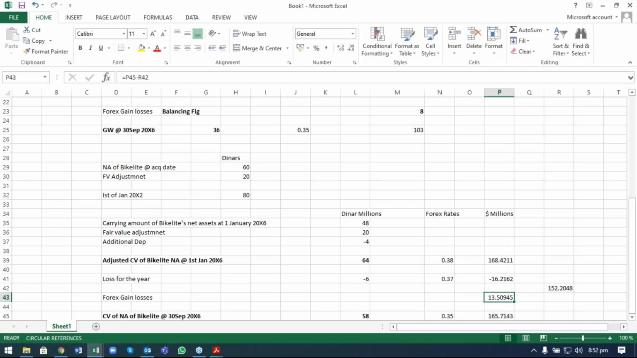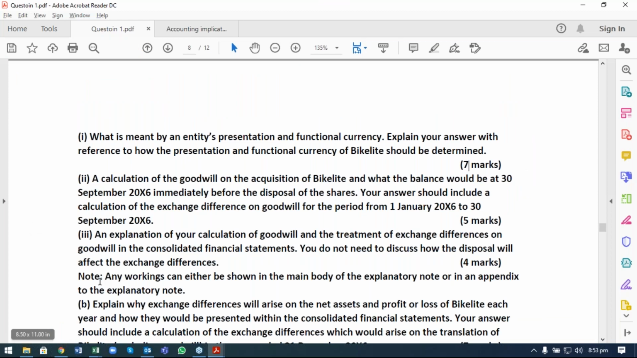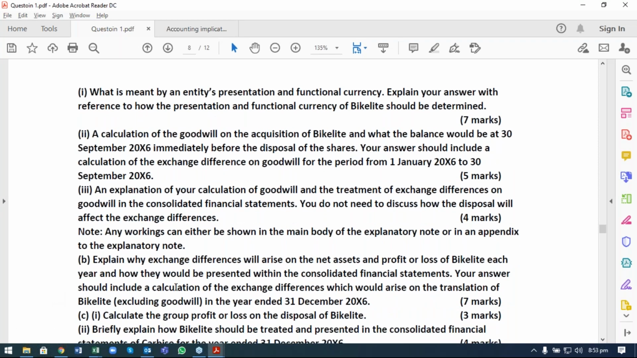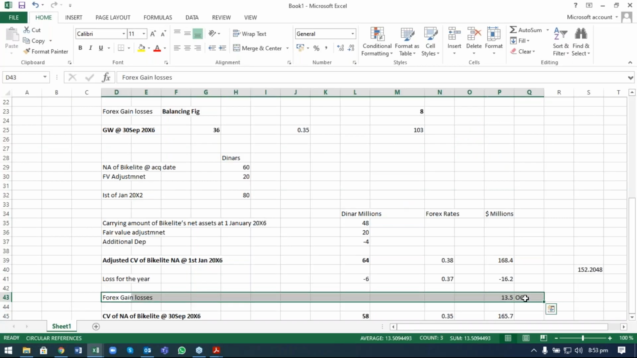So $13.50 million is a foreign exchange gain, because the value of your asset has increased. So it's a gain. That gain should be reported in other comprehensive income. Now, if you want to explain this, which was required by your examiner: explain the foreign exchange differences arising, and your answer should include calculation of foreign exchange differences which should arise on translation of Bakelite for the year ended 31st December. So you must mention that these foreign exchange gains or losses should be reported in other comprehensive income,